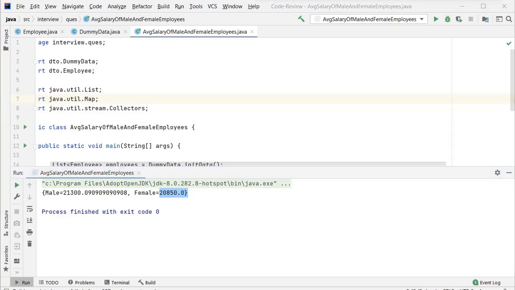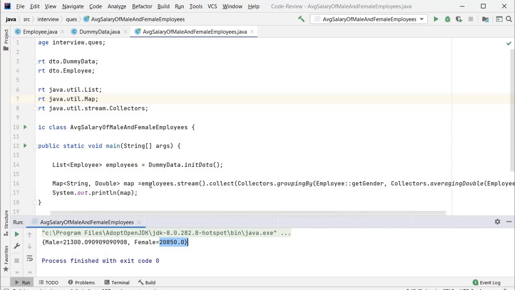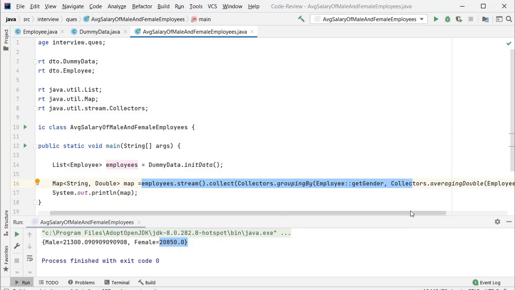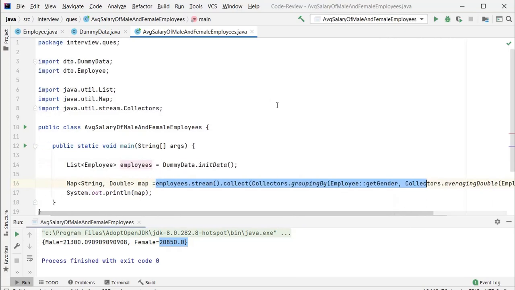So friends, this is the beauty of the Java 8 Stream API. You get your result in one line without performing any SQL kind of operation.